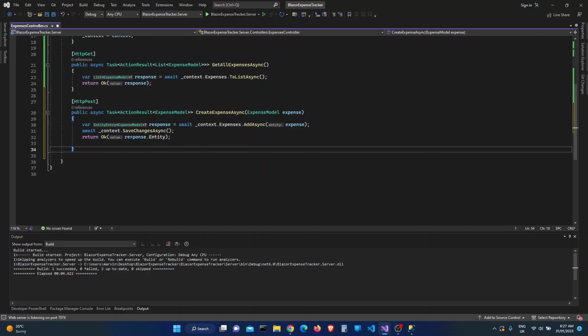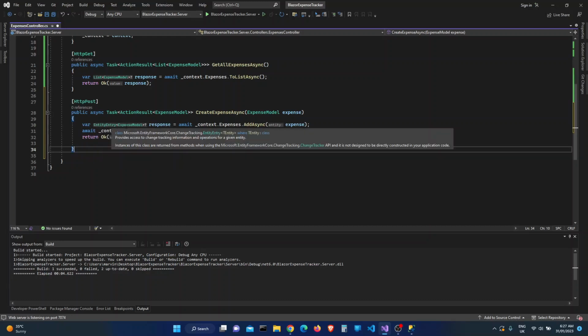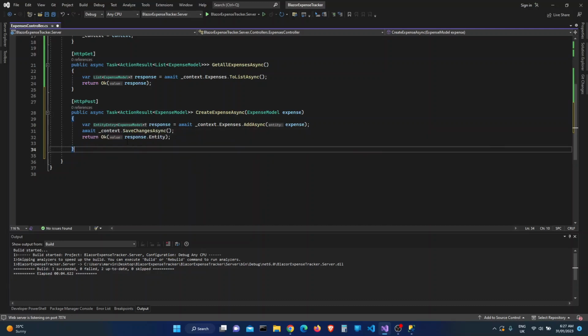Then we'll go ahead and save the changes. Then we return Ok with response.Entity, not just the response, but response.Entity. Because if you have a closer look here, you see that the return type is EntityExpenseModel, not just ExpenseModel. So we need to actually return response.Entity. Now you can go ahead and add the code for